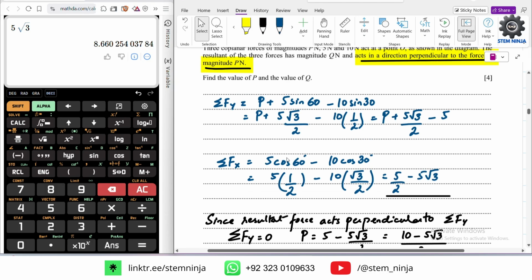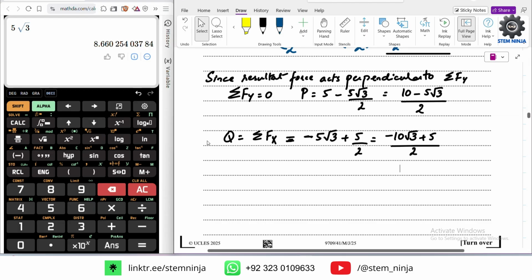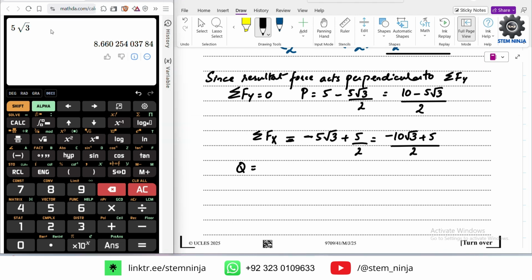That means the value of Q, magnitude Q, right? So therefore Q is the difference part of that. So minus 5 root 3 plus 5 divided by 2, that is minus 6.16,